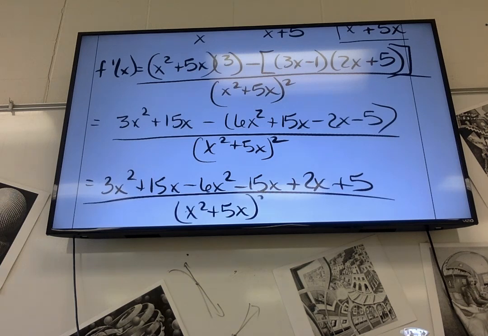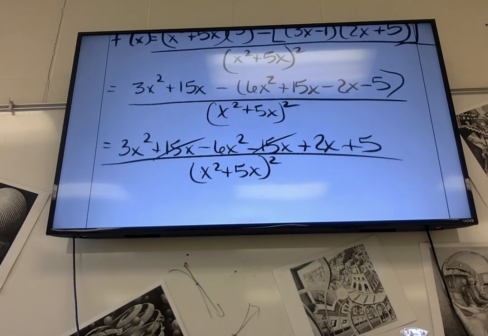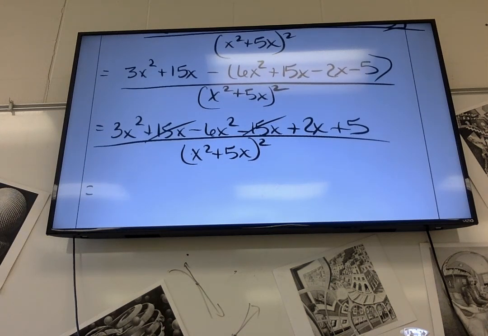Well, the 15x is canceled. Oh, that's nice. I was going to say, so yeah, that's fine. Yeah, we're good. I did that on purpose. Okay, so this becomes negative 3x squared plus 2x plus 5 all over,